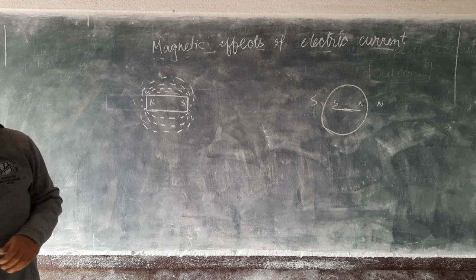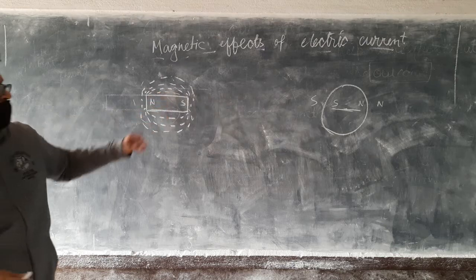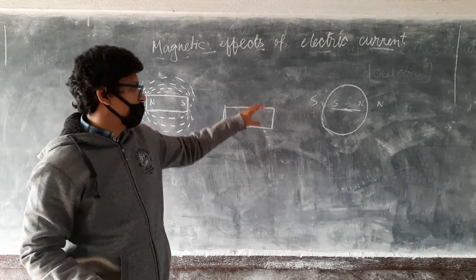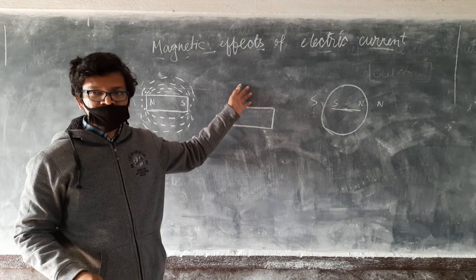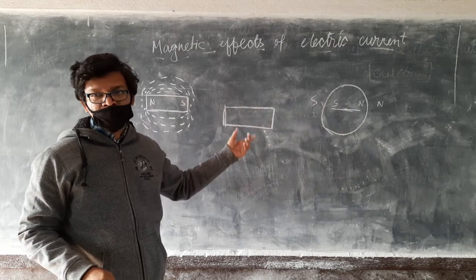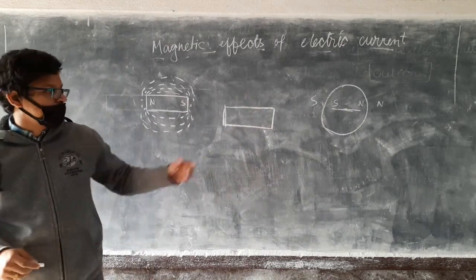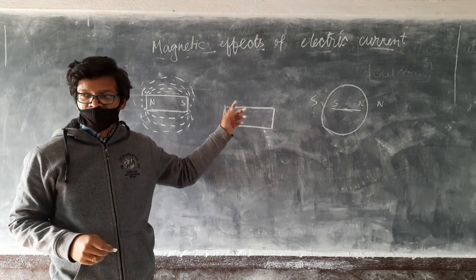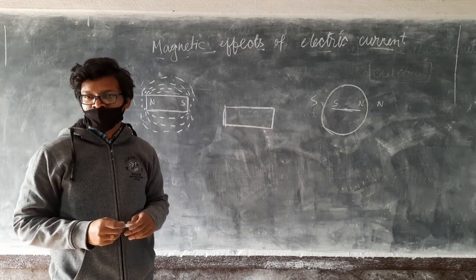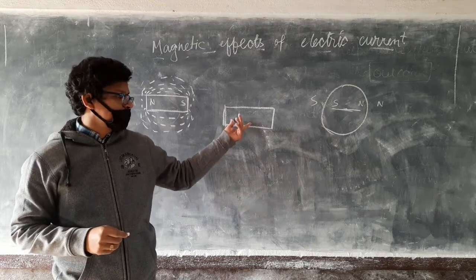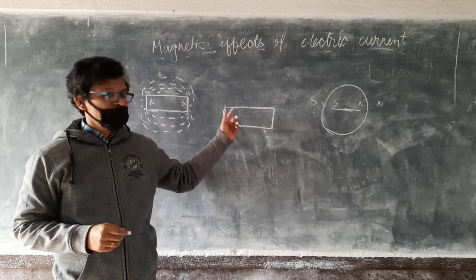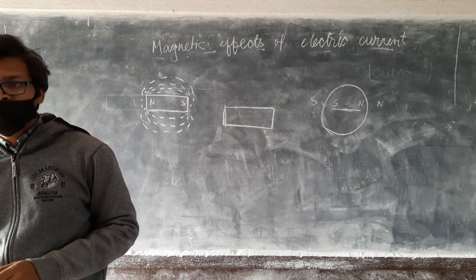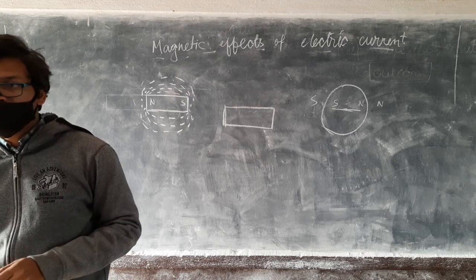So what does it mean? This means that near a magnetic bar something is created. Whenever another magnet is brought to that region, that other magnet will experience force. So later we gave the name magnetic field to that thing created by the magnetic bar. Magnetic field is the region around the magnetic bar where, if we bring another magnet, that magnet will experience a magnetic force. So that is basically the magnetic field.